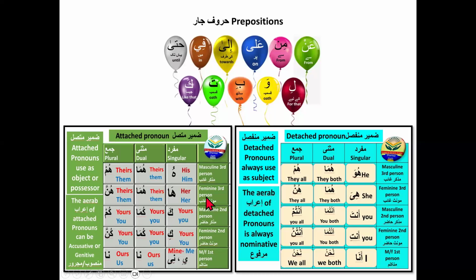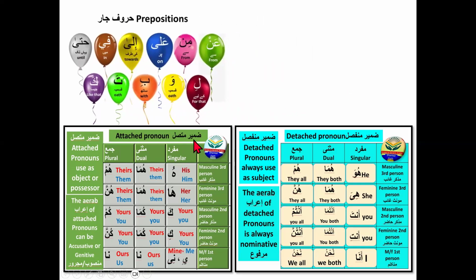Which zamir should come after prepositions? The pronouns whose i'rab is marfu, or the damirs whose i'rab can be mansub or majroor? So I hope you will say, if a harf jar comes before the pronouns, then that pronoun will be the damir muttasil,